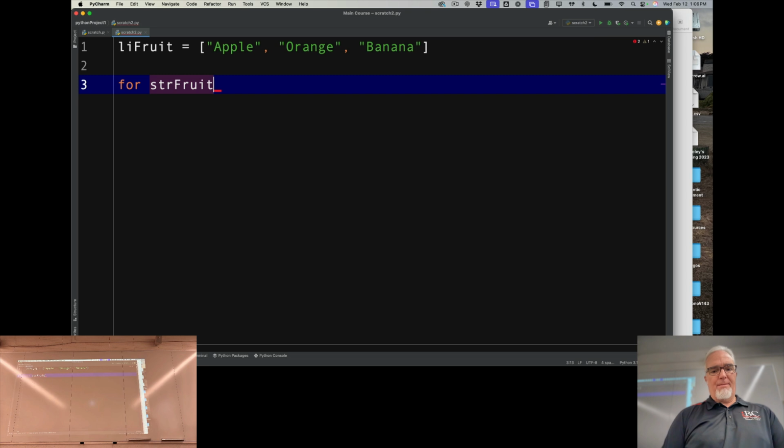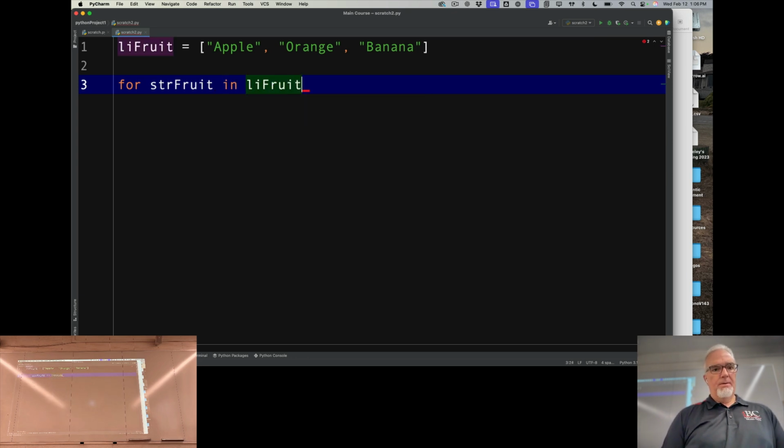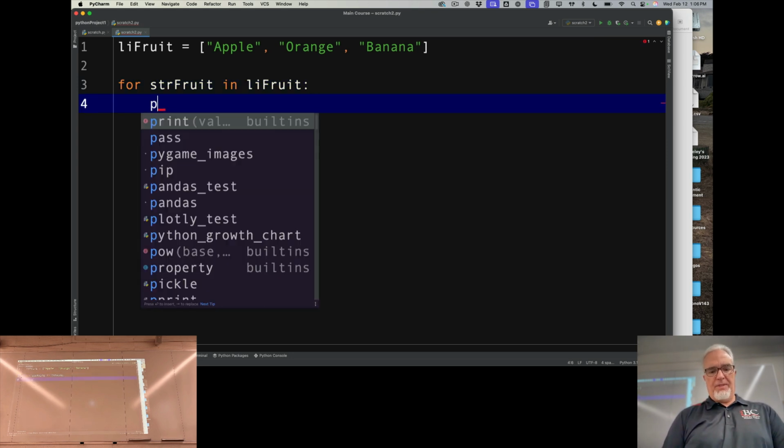If I want to be more accurate about it, I'll probably say something like str fruit, because each one of these is a string in li fruit. And if I want to print that,